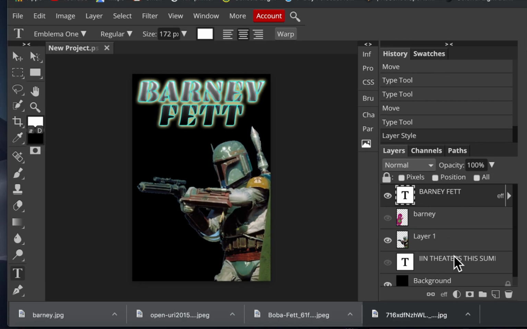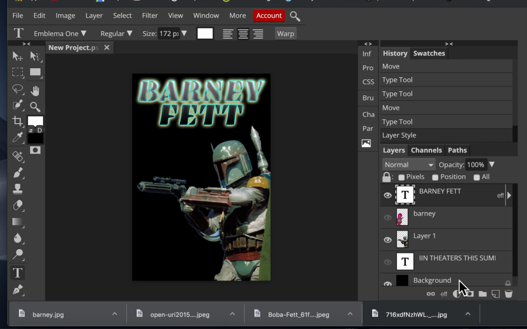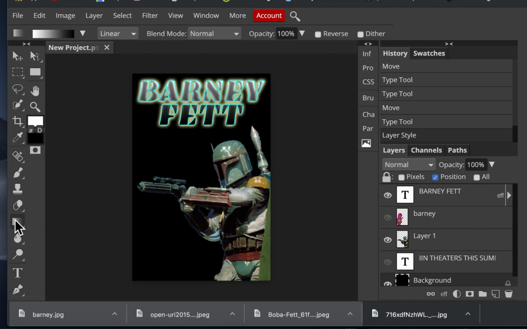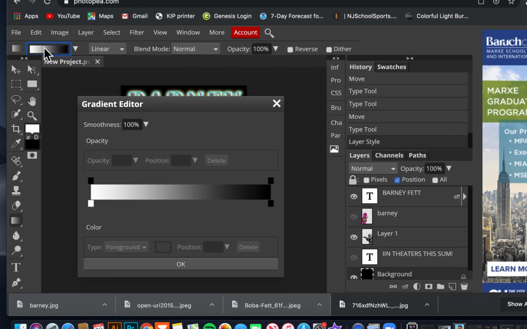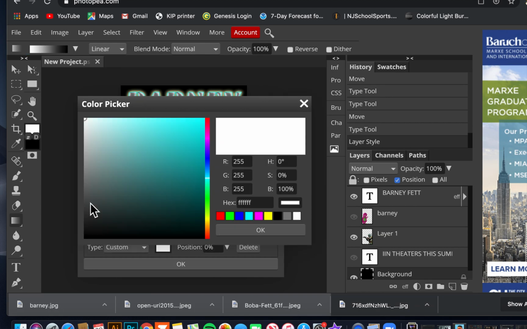One thing I would like you to think about doing is adding different colors to your background. So I'm just going to click on my background, and being that my original picture came off a blue background, there's a little bit of blue fringe around. It's hard to see when I'm zoomed out that much. I'm going to click on my gradient tool in the toolbox, which is right here, and then I'm going to just change the colors of the gradient to